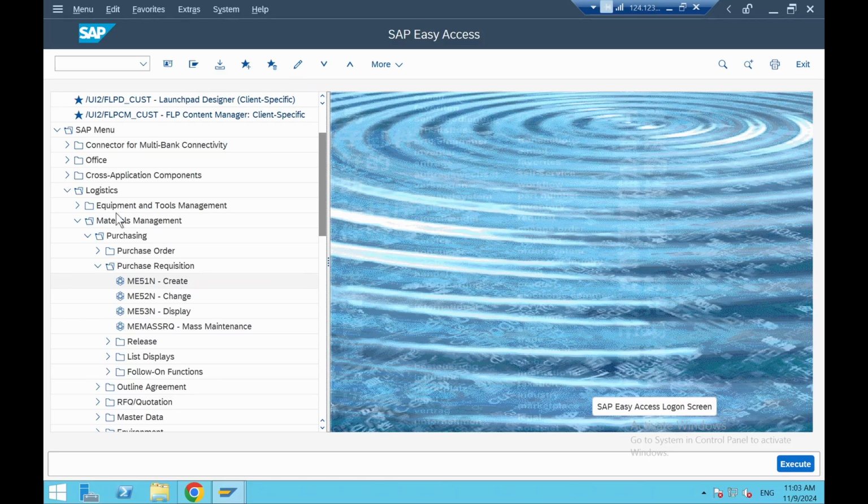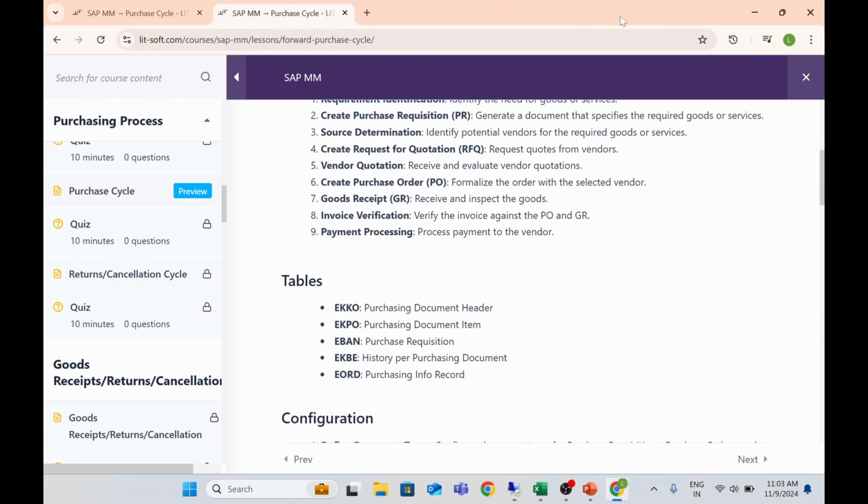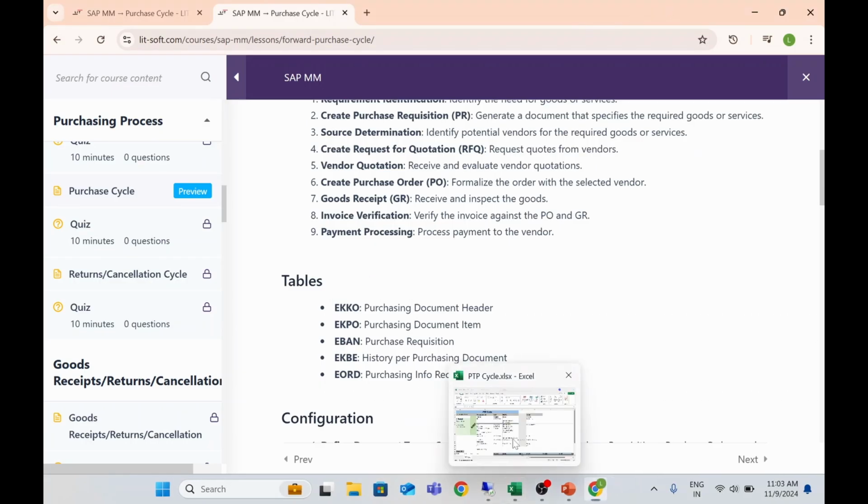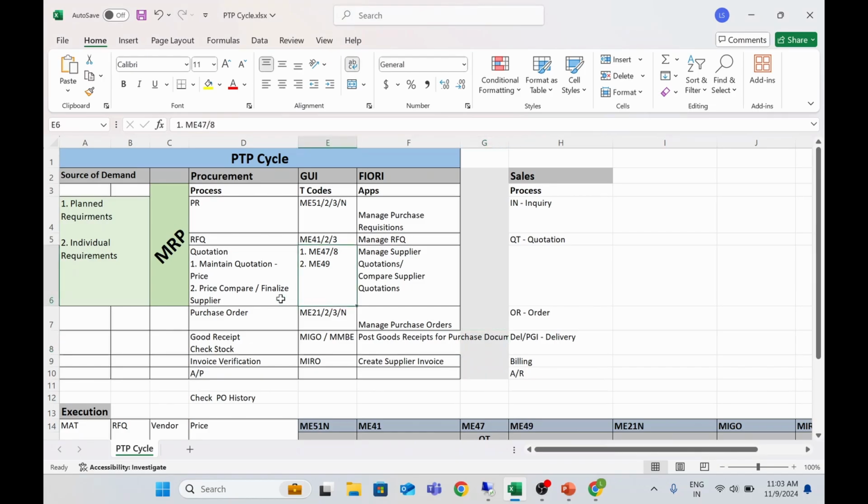In parallel, let me open one of the spreadsheets, which will give a very good understanding. Okay, so we'll follow this. Here you can see the procurement cycle. This is a cycle. These are the T-codes, and this is Fiori. Fiori we will run separately for the whole cycle. And right now we are working with the GUI and the sales perspective, and this is a combination, an integration of how